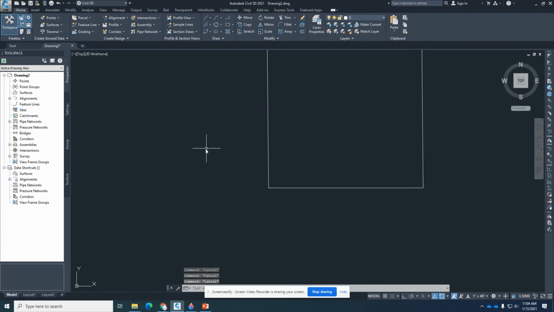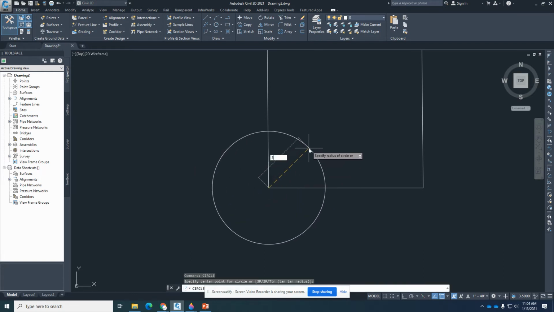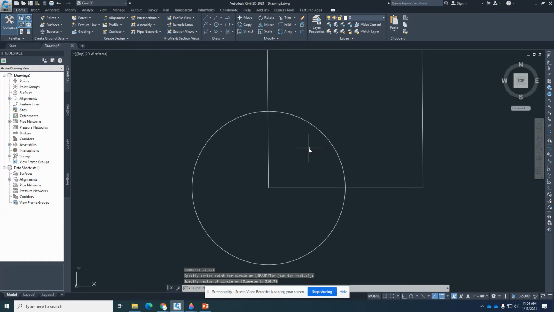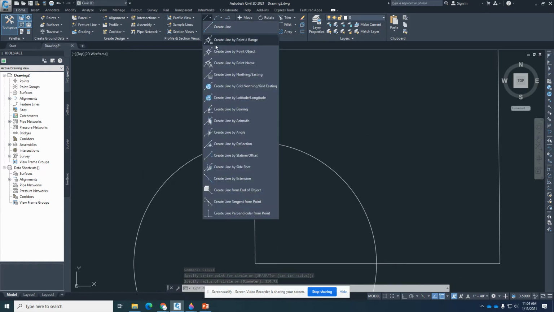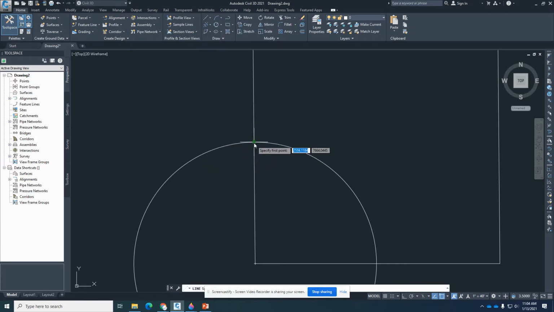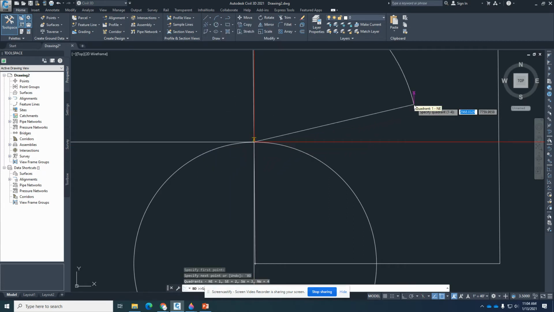I could. Or another thing I can do is I can simply draw myself a circle. Circles, as long as they're used correctly, from this endpoint, I'm going to draw a temporary circle with a radius of 310.71. I'm using the circle simply to find that intersection. At that intersection is where I'm going to draw my line by bearing from this intersection, and I'm going to draw that line with the bearing according to my plat